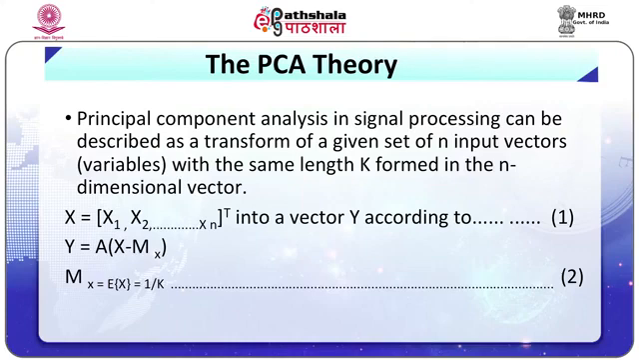of n input vectors or variables with the same length k, formed in an n-dimensional vector x equal to x1, x2, ..., xn, into a vector y according to equation 1. Y is equal to A (x minus mx), where mx is equal to E{x}, equal to 1 upon k